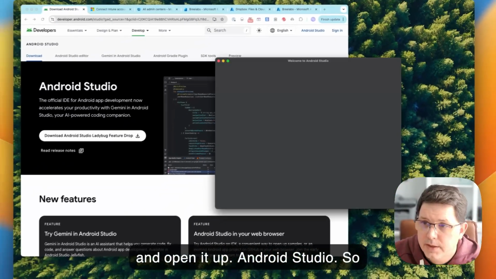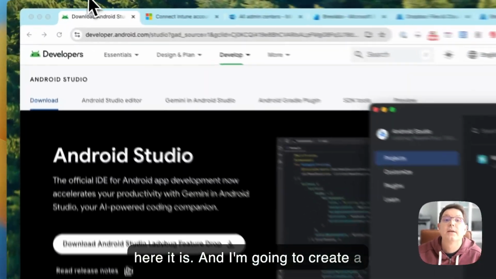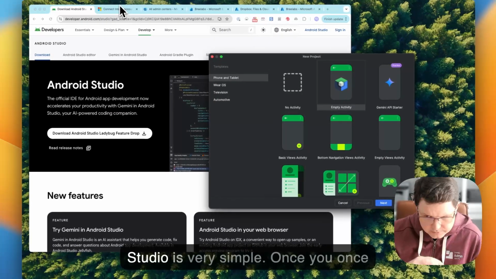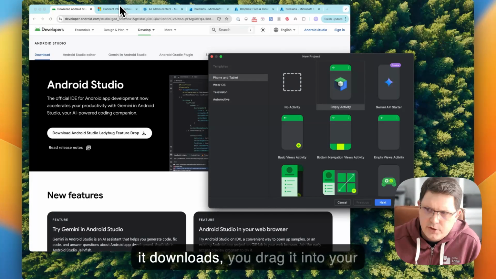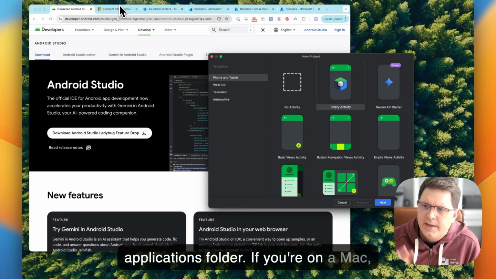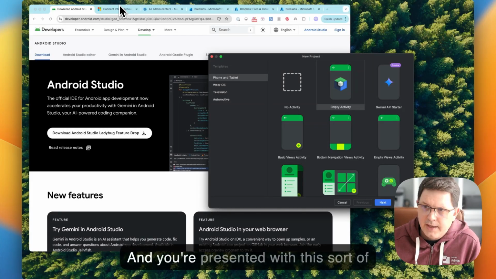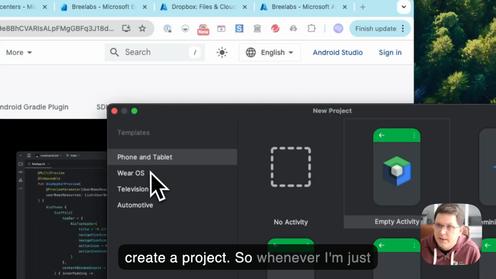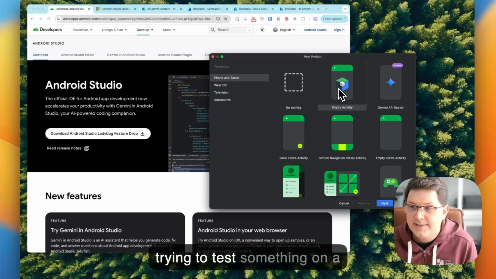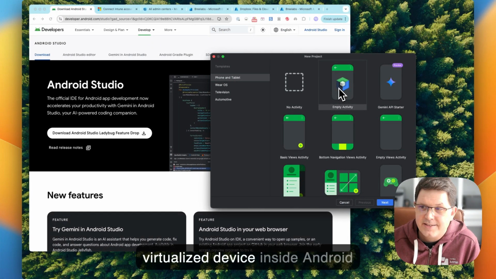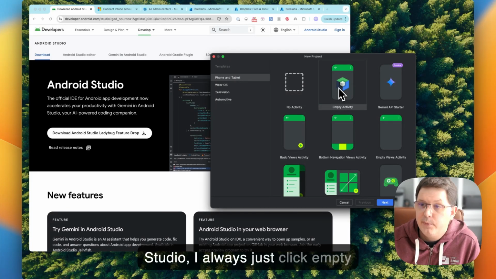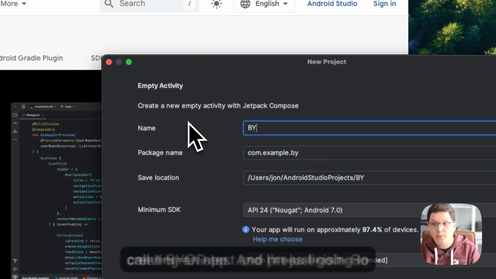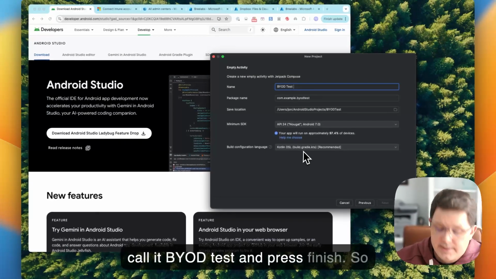Android Studio. So here it is, and I'm going to create a new project. File, new project. And the installation, by the way, of Android Studio is very simple. Once it downloads, you drag it into your applications folder. If you're on a Mac, you double click the installer if you're on Windows, and you're presented with this sort of like splash screen and the ability to create a project. So whenever I'm just trying to test something on a virtualized device inside of Android Studio, I always just click empty activity because I'm not actually creating an app, and I'm just going to call it BYOD test and press